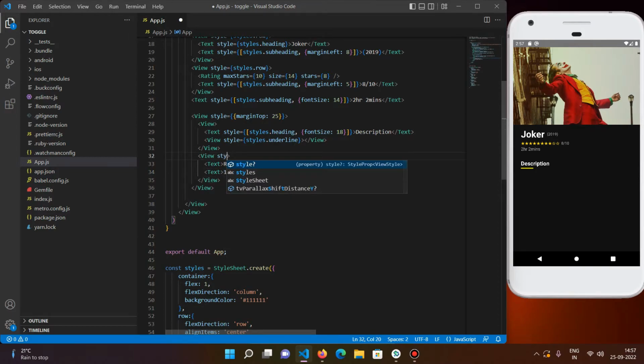So it will have to be given the style of row